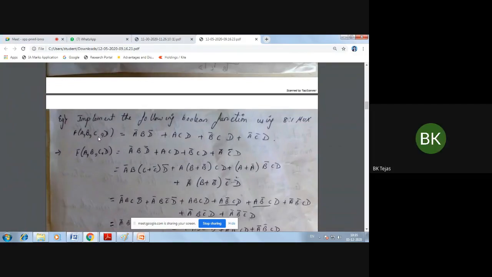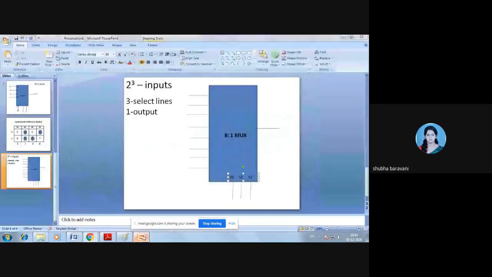B, C, D. Yes, you have to connect B, C, D. So S0 gets my D, right?